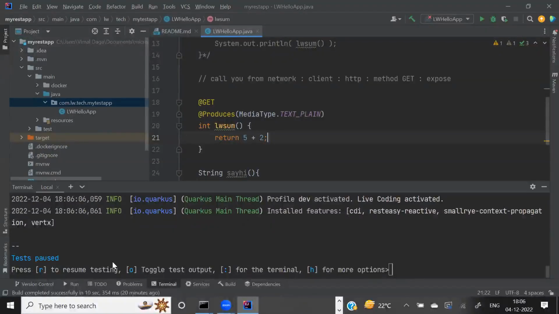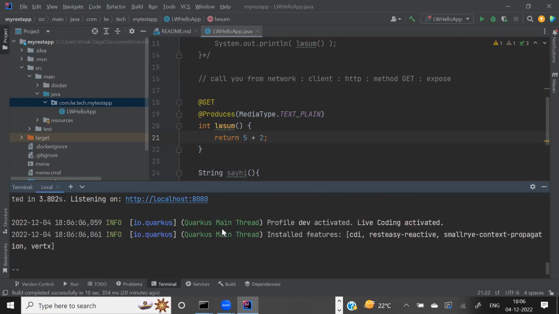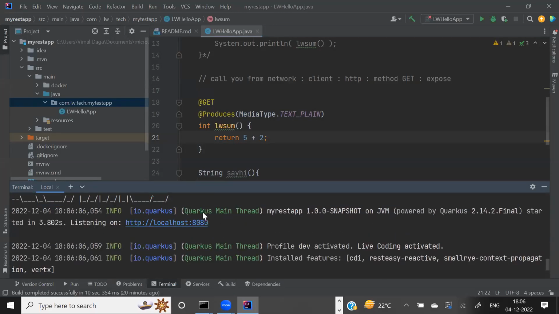So if you see here, this project started, and if you go a little bit up, you can see Quarkus has started this project, with the project name we gave, on top of your system's JVM, meaning Java. It started the project on localhost, meaning your own current IP address, on port number 8080.